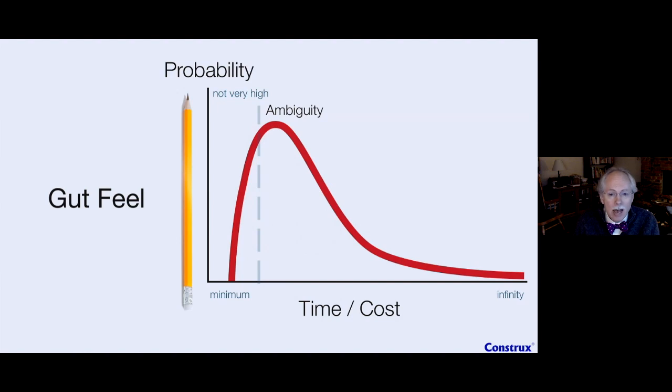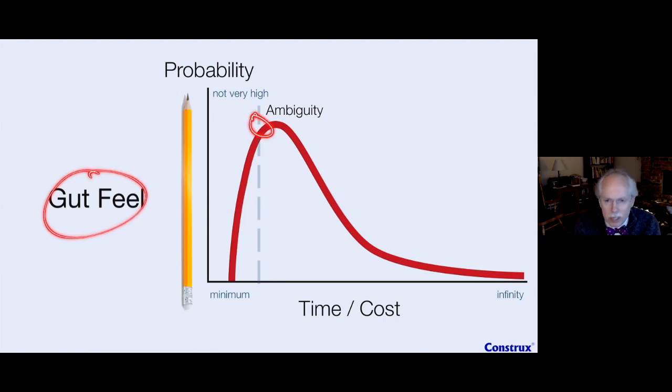But it does have one good thing going for it. When we look at this number right here, we can take this point on the curve, and this is where our gut really comes into play. Our gut says, hey, I think it should take this much. In fact, it should only take this much. This has happened to me a lot in my personal life, where I've gotten something that needs to get done and my wife will say, how long is that going to take? And I say, well, it should only take, and it always takes longer than that. That's this kind of gut feel.